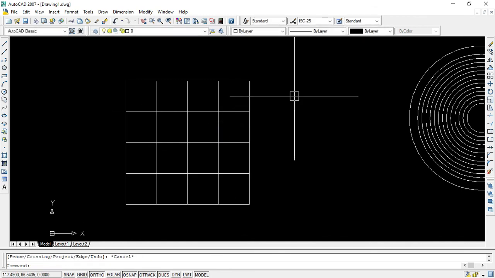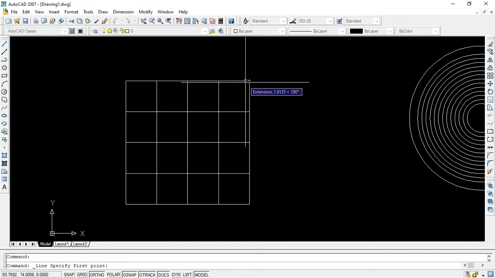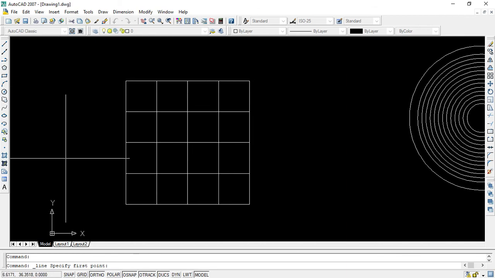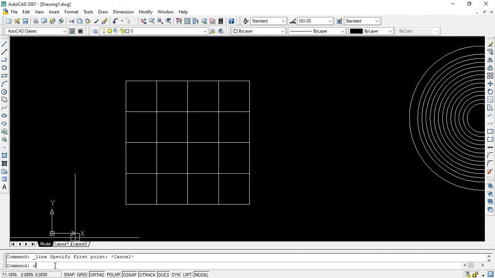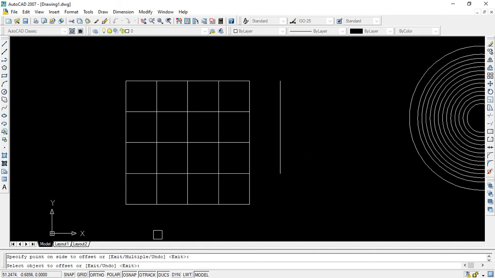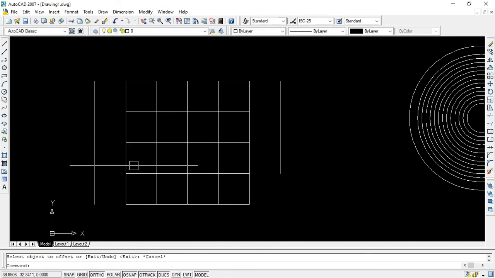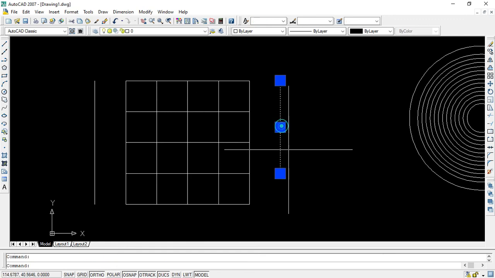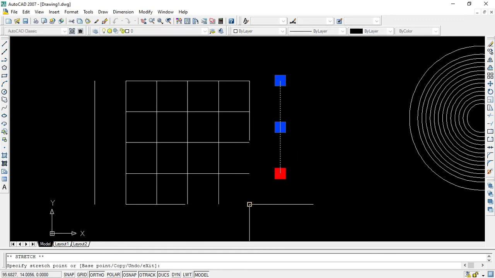Or suppose you want to extend this line also. For that purpose, suppose at a distance of 10, first draw an offset. The offset distance was 15. Let's draw one offset, O. Then I will specify the distance, that is 15, and press enter. Then I will click here, then here, then here, then here. Now I am going to simply trace it. Just wait.